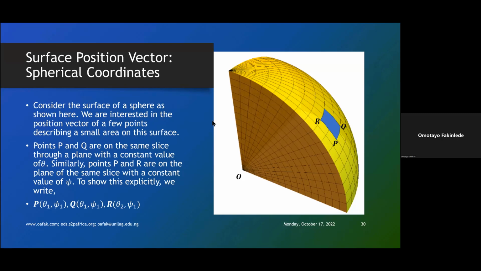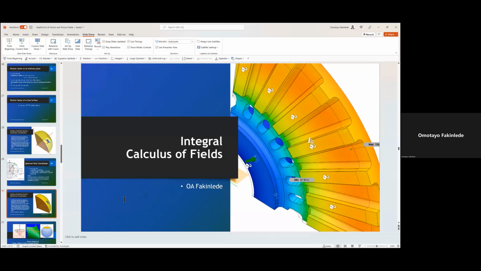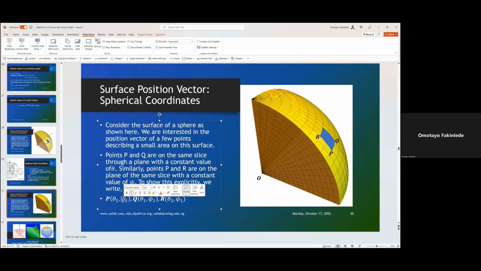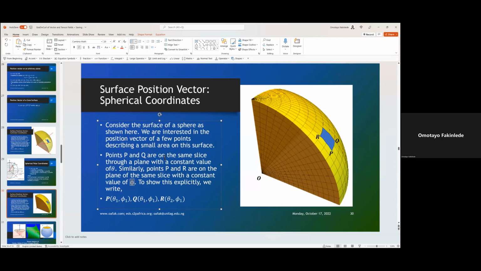I said psi here, but it actually should be theta and phi to be consistent. Let me edit this because it's going to cause confusion with something else. Phi. Okay. So you can see that along R and